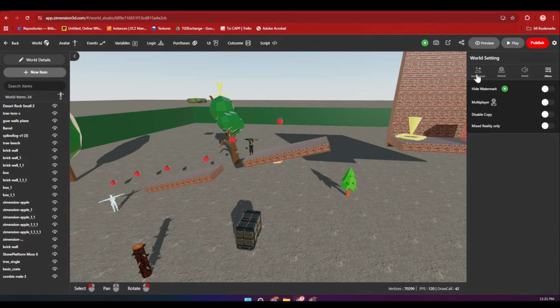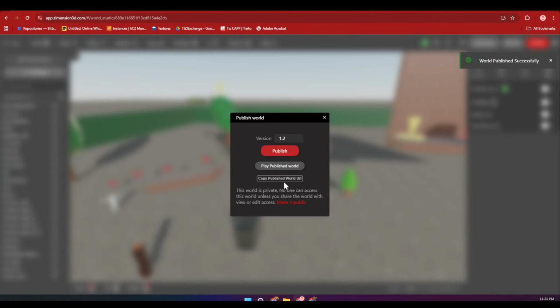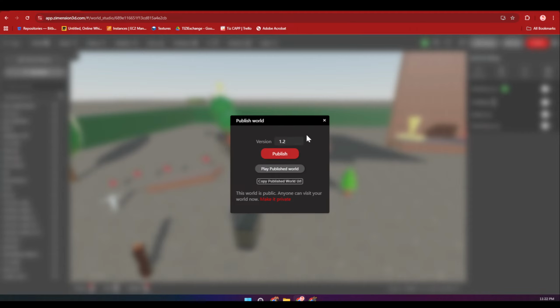So first, let me publish this. For this, you just have to write any string. I'm just writing a version name, click on publish. But even if I publish the game, you won't be able to see it, even if I share the link, because this game is not public. Sometimes the access will be private, for particular users or paid users. That's why you have to first make it public. Now it's published and it is public also.